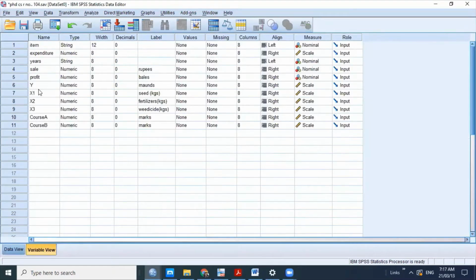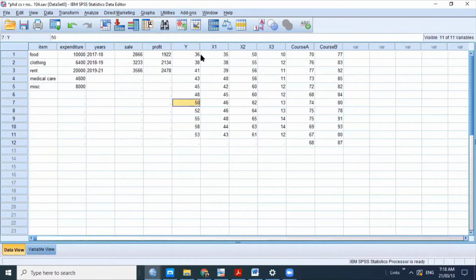Here y represents the production of the agriculture. x1 is the seed in kgs, x2 is the fertilizers, and x3 is the weedicides. So these are the three independent variables, x1, x2, x3. I want to find their correlation, how much they are related to each other. So I click on Analyze,